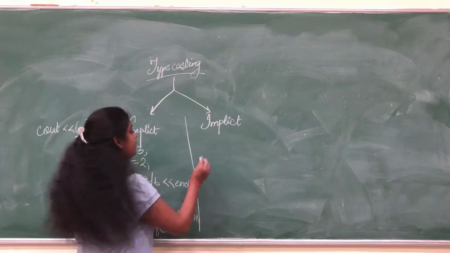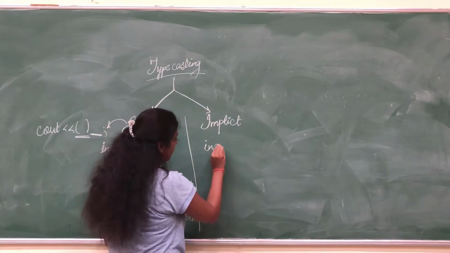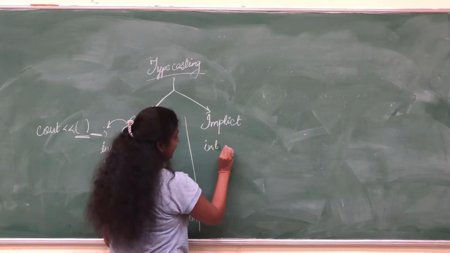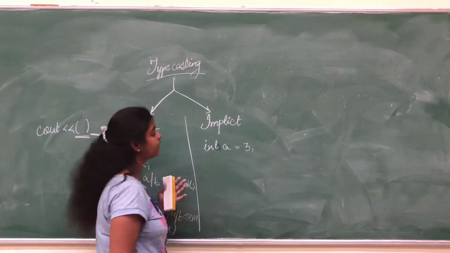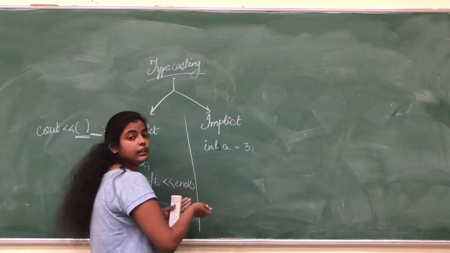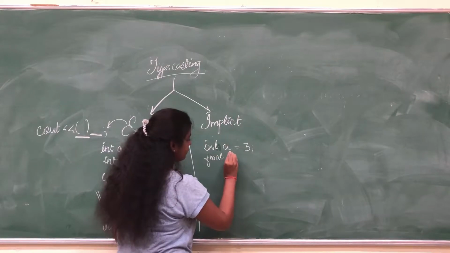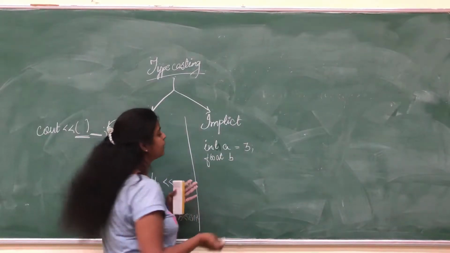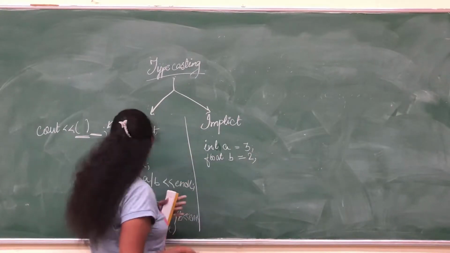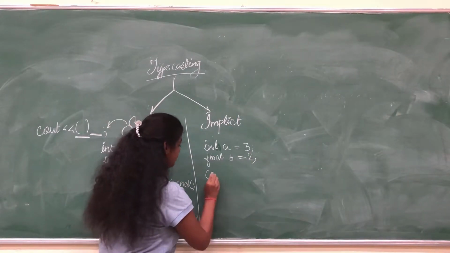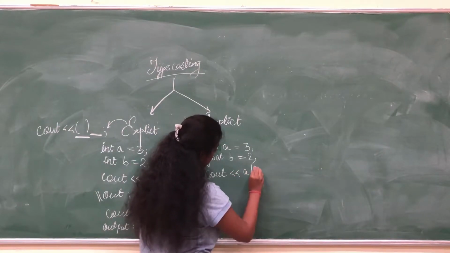Suppose we have a variable A in int data type, and let's say its value is 3, but now there is another variable B in float data type, and let's say its value is 2. Now when we see the function A divided by B,